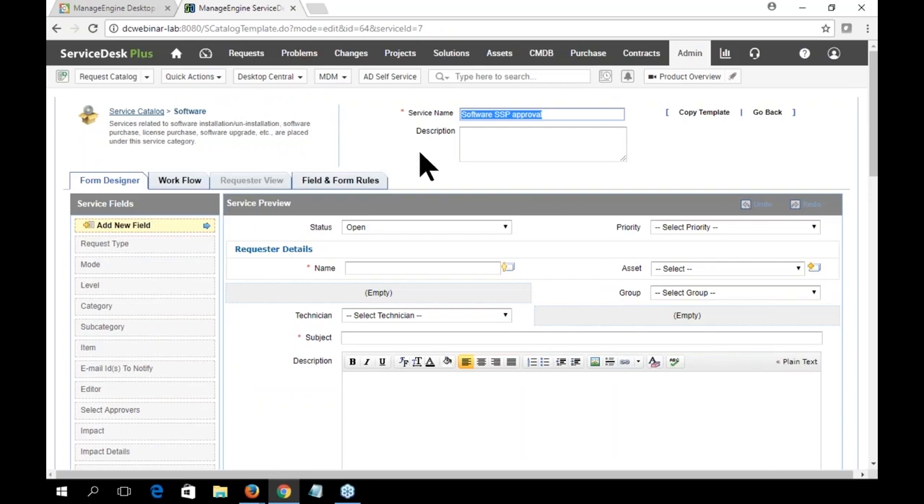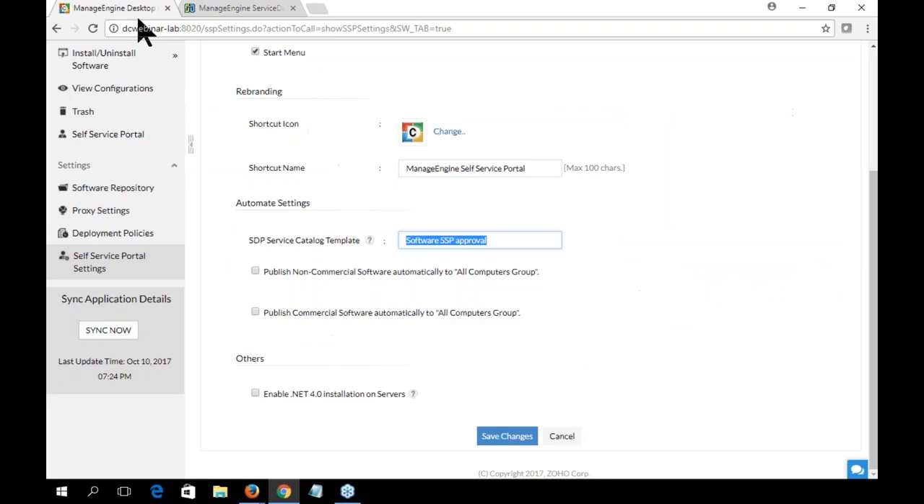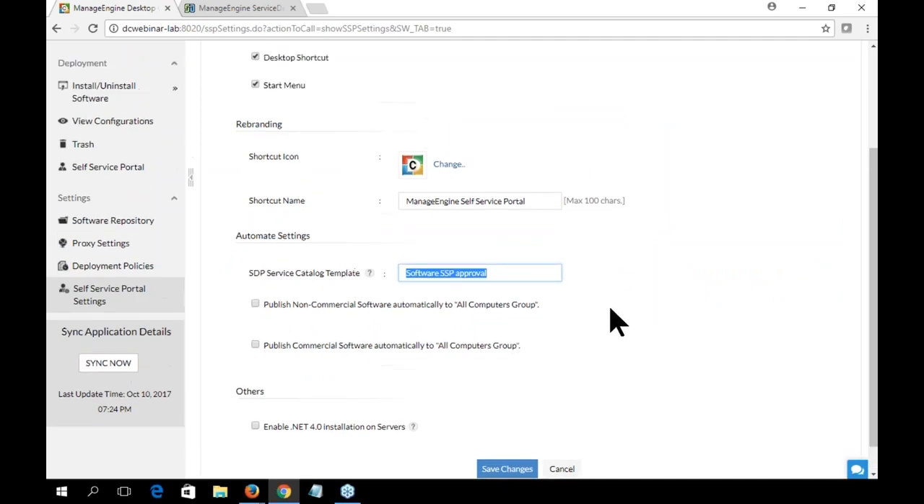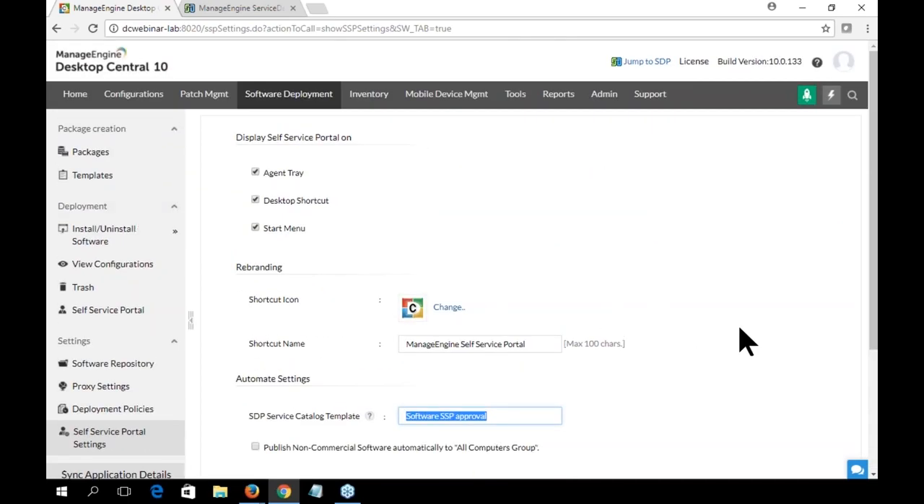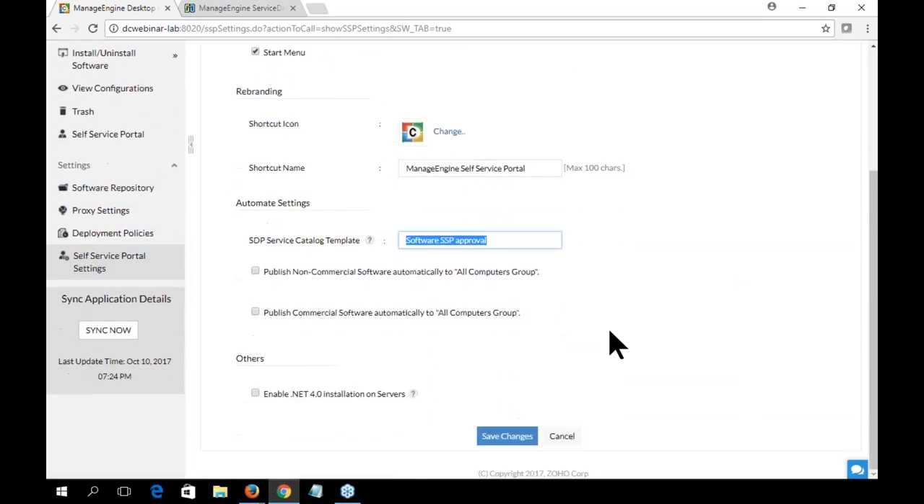Now with the help of the approval, when I click on this approval, that's going to send this command to Desktop Central, and Desktop Central processes this command by checking which user it is, and it approves, by which the installation will pass through from here. And we do have another option over here where you can choose whether you want to publish only the non-commercial applications or commercial applications to all computer